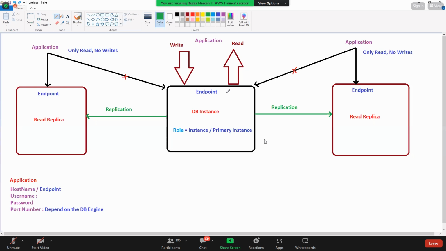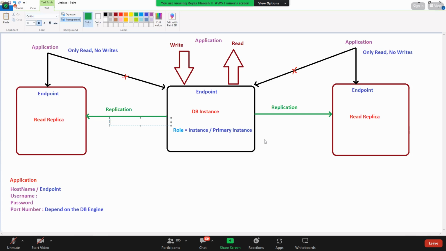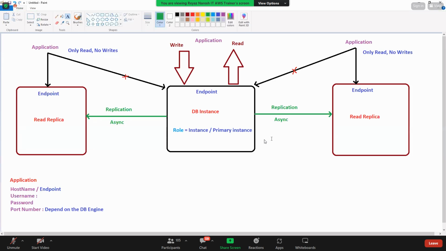Asynchronous. Synchronous would mean whatever is written here is available here at the same time. Is it happening like that? No. First the writes happen here, then the replication happens here. So it is asynchronous.